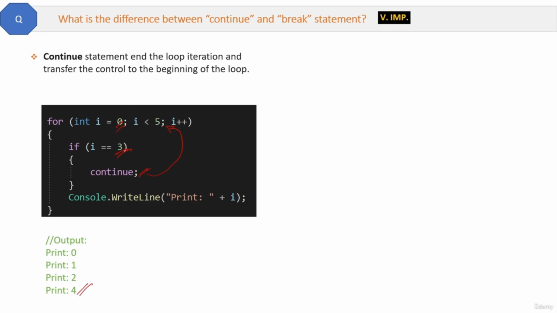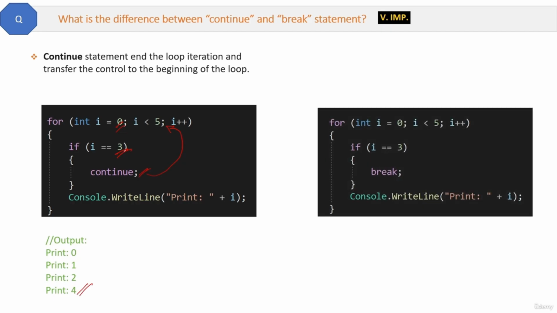Now let me show you the break. Here is the code, the same code, but now it has break instead of continue. Now when i is equal to 3, it will see the break keyword, and then it will not go to the top of the loop like continue, but this break statement will end the loop iteration and transfer the control out of the loop, or you can say the break statement will exit from the loop, and this will be the